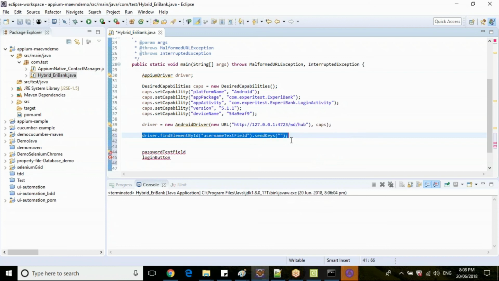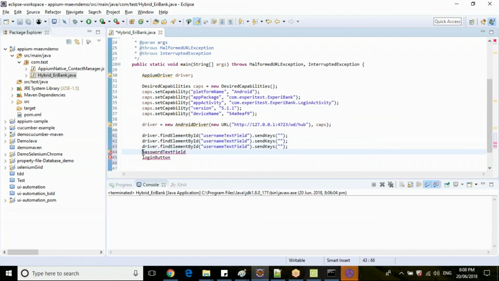Send keys is the operation. Similarly, second one is password. Third one is login button, and here is click operation. Clear? Here the data is company, and the password is also company. Username and password is company.